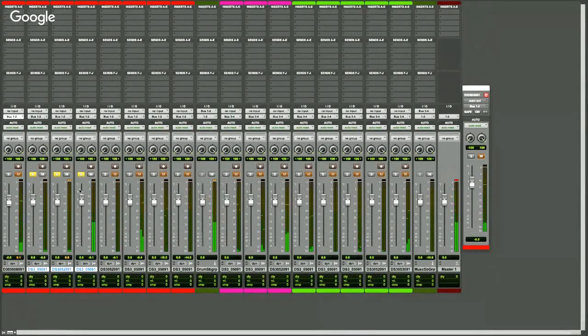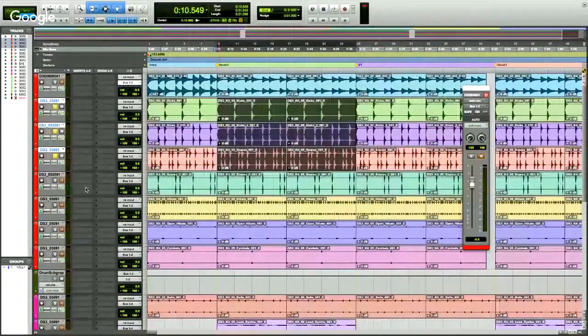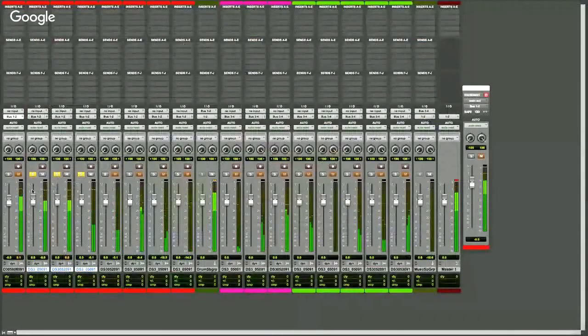So we want to get these out of clipping world, or they're not clipping, but we want to get those away. That way we can put some compressors on them and really get some more pump out of them, some RMS. So let's just do this. Let's just take this down. Let's just say 5, almost like 5.5. So now we've got a little bit of room to play with. Not much, but